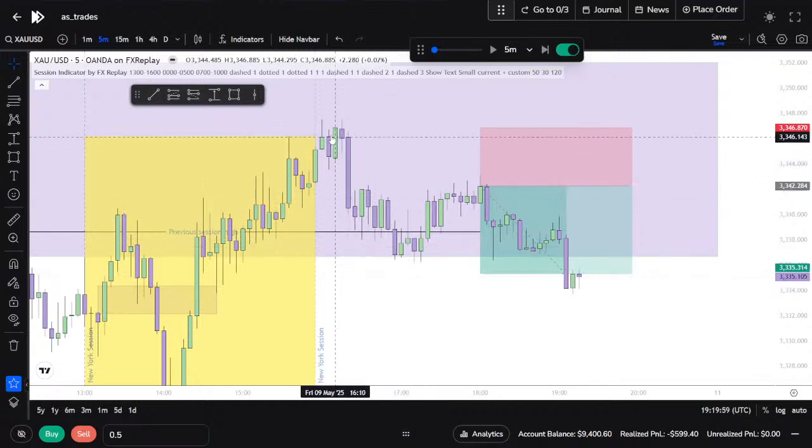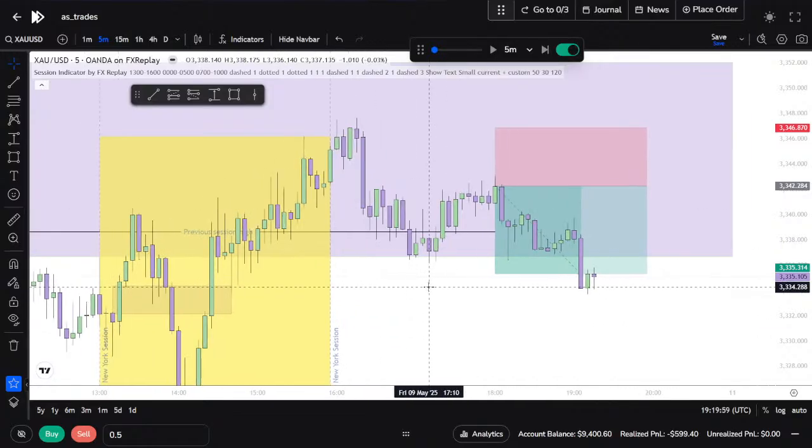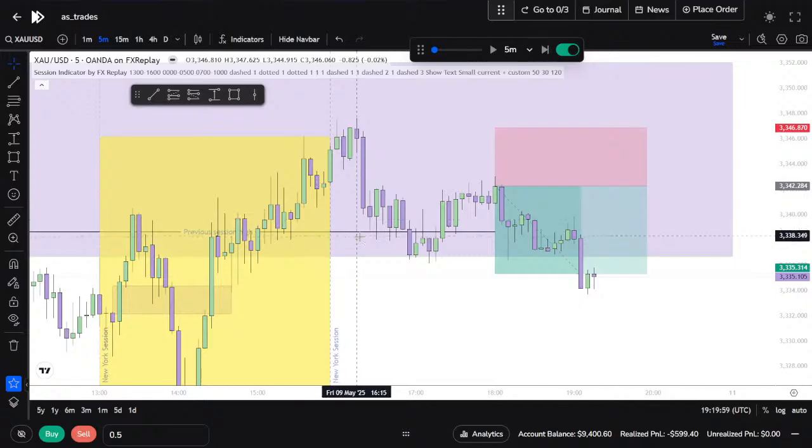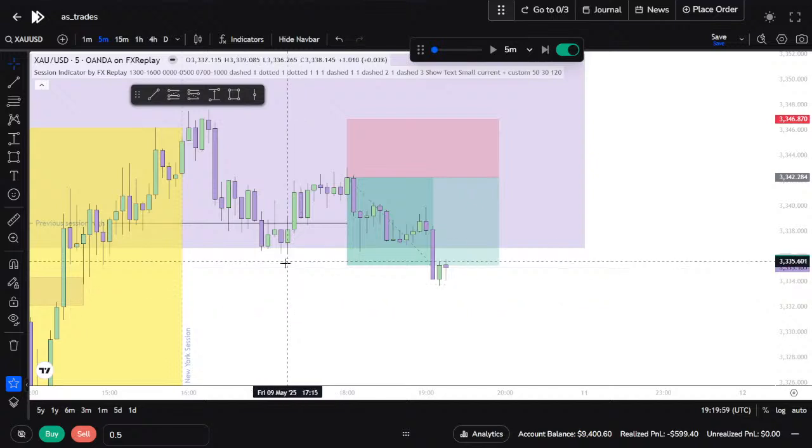You know what I mean, right? So break of structure there, and that could have been a sign, but we should have used other confluences for a full reversal. It's a good thing we didn't, because it bounced back off the previous session high. Since then it was just consolidating, nothing much to do.